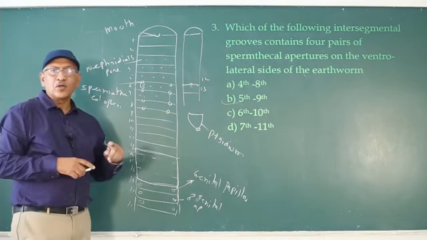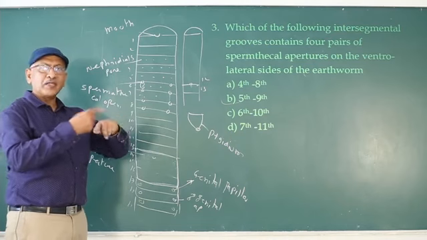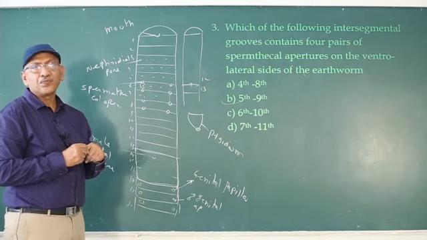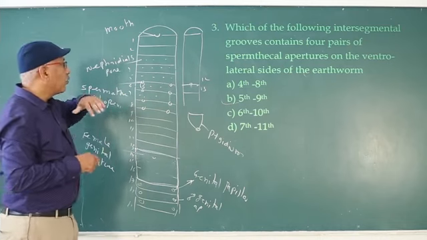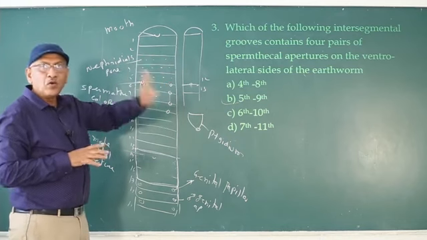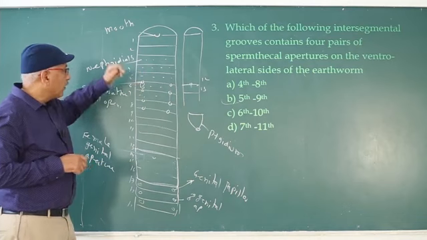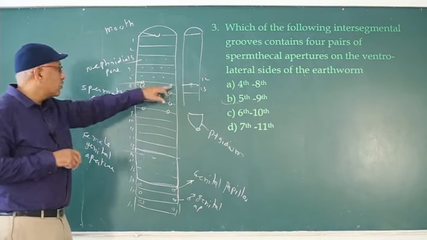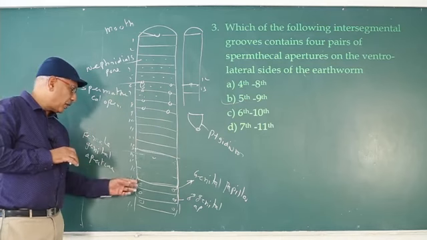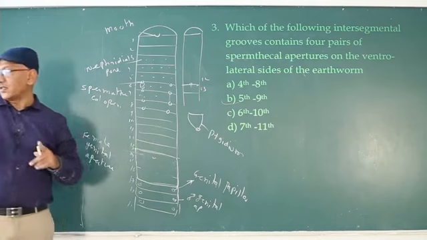Nephridial pores are not only present on the ventral surface; they are present all over the segments: dorsal, ventral, and sides also. Dorsal pores are only on the dorsal surface. The mouth, some nephridial pores, spermathecal openings, female genital aperture, male genital aperture, and genital papillae are present only on the ventral surface.